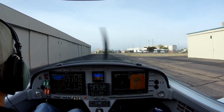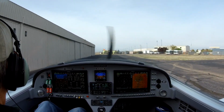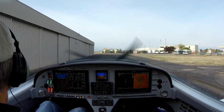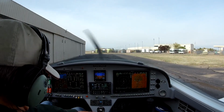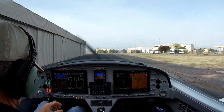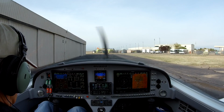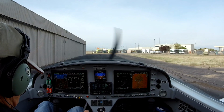Coming up on the hangar, looking for a white line painted on the ground to give me a clue where to stop, and there she is, bingo, right there. Okay, and we got 91.8, so 8 tenths of an hour. We've got 20 gallons left of gas, plenty for another flight,